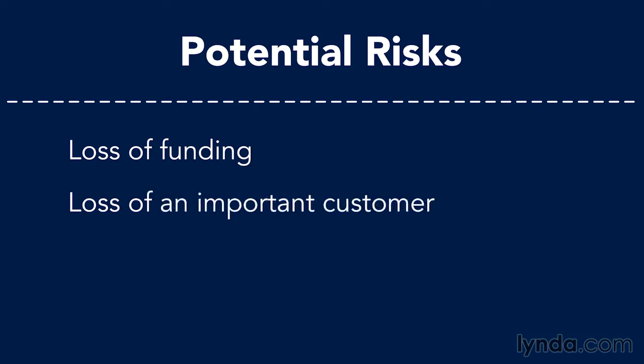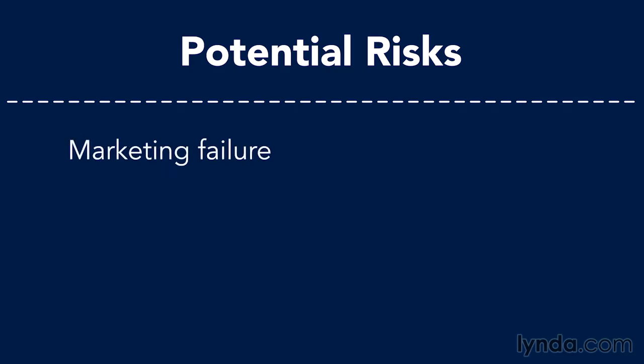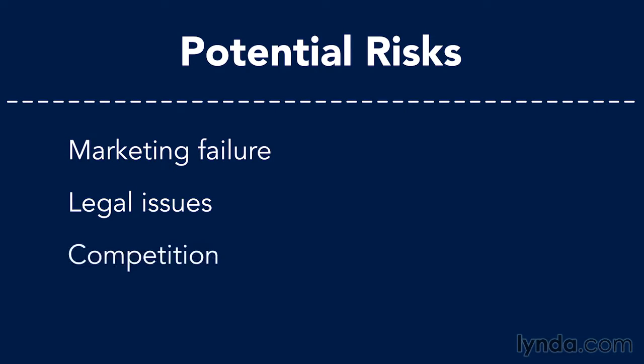What if you lose a big customer or the economy turns south? What if that marketing campaign you thought was going to be huge turns out to not work? What happens if you get sued for intellectual property or a major competitor emerges? All of these are bad things that could happen to your business. But if you think about them now and plan for them, you can put contingency plans in place.